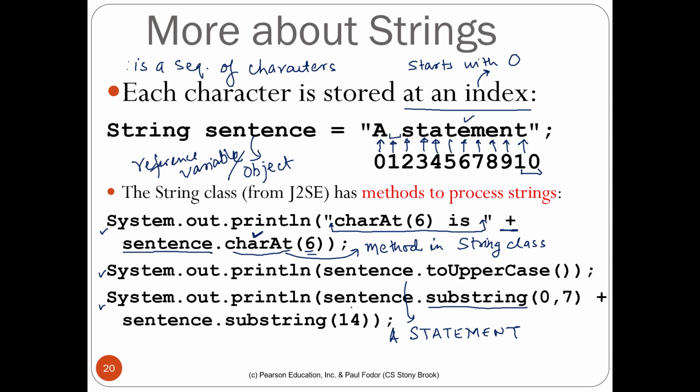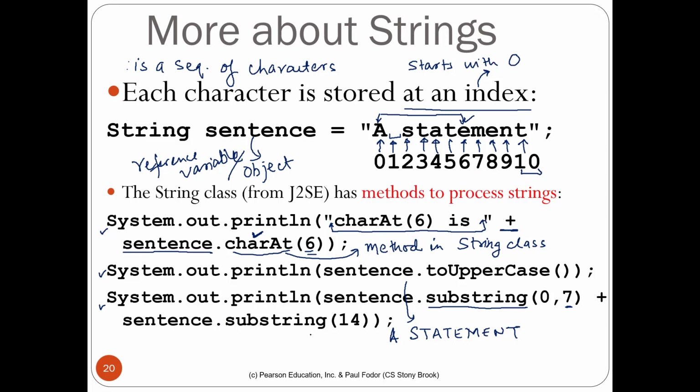So if you say sentence dot substring for 0 and 7, then what will happen? It will start from 0, which is an A. It will go all the way, not to 7, but 1 less than 7, right? It will give you till this point. 7 will not be included, right? So this index is excluded, 1 before that. So 0 to 6 is what you'll get if you put substring 0 and 7, plus